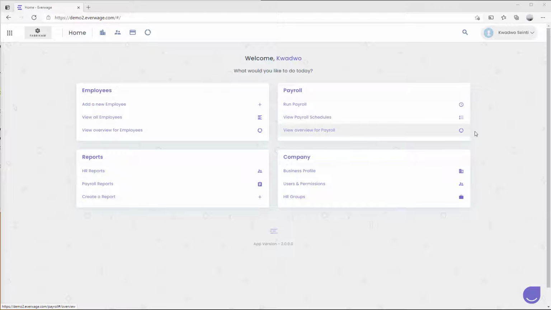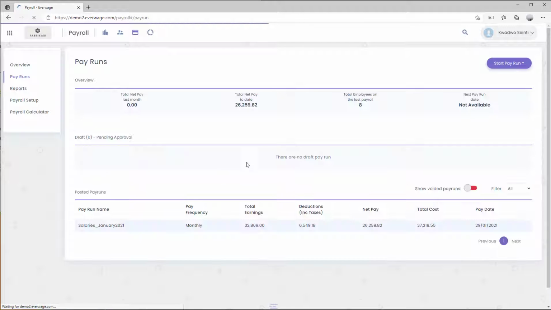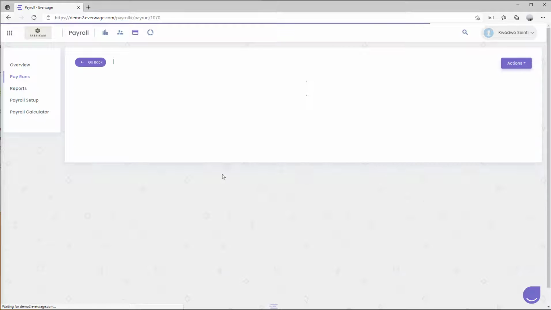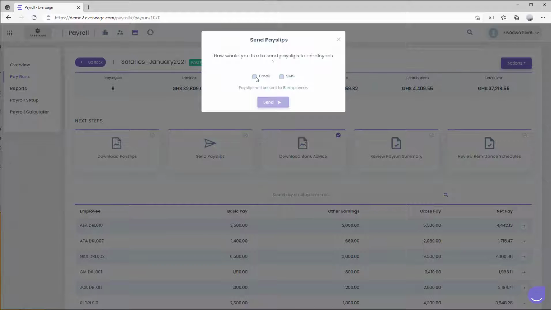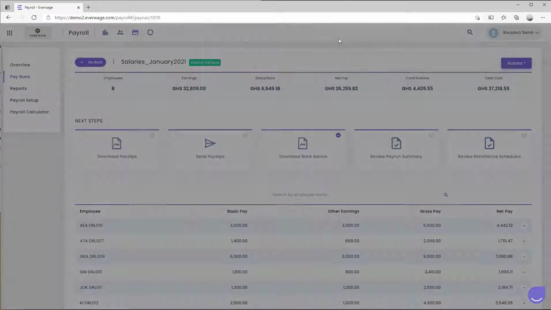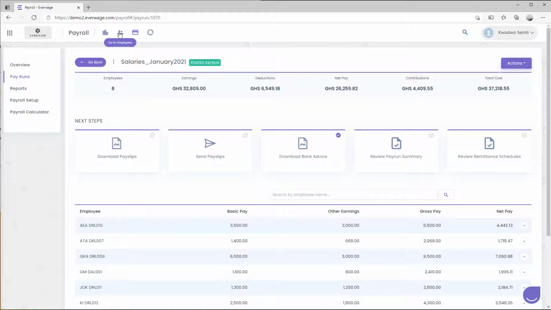Everwage makes it very easy to process payslips. So processing payslips is as easy as going to the specific pay run that you have just run, and then clicking sending payslips, checking email or SMS, and then clicking the send button, which automatically sends the email and SMS to all the employees. If you have a requirement to send payslips for a particular employee, it's as easy as finding that particular employee,